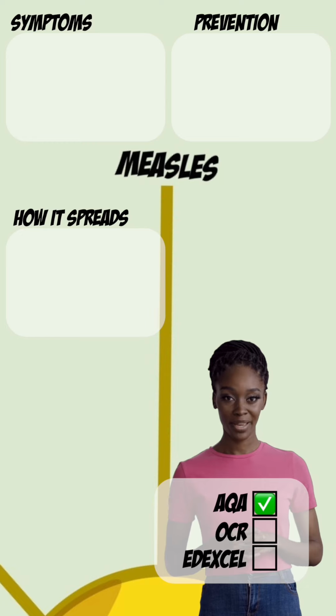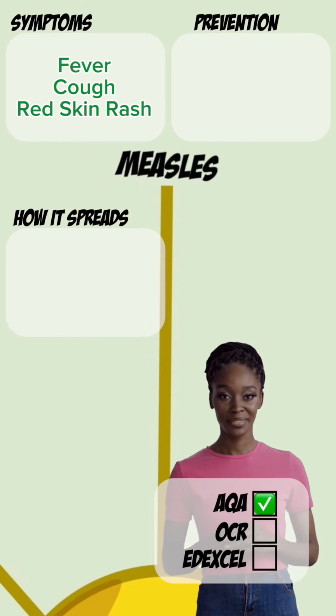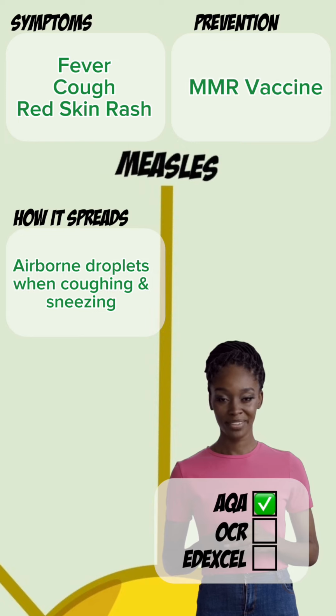Measles is one you should be familiar with, and its symptoms include fever, cough, followed by a red skin rash. This can be fatal if it leads to complications. Measles is transmitted through airborne droplets from coughs and sneezes, but can be prevented with the measles vaccine, also known